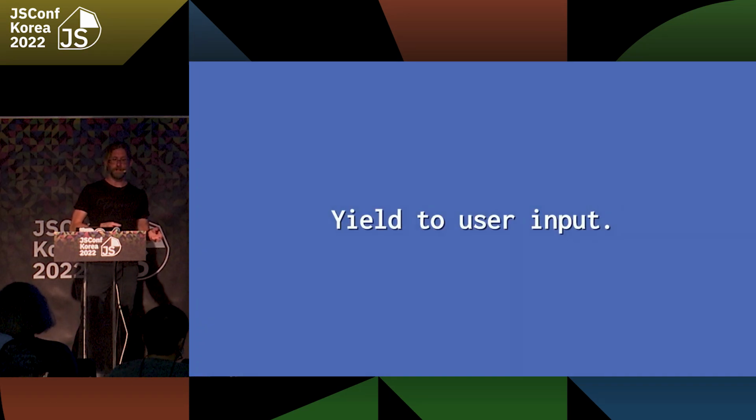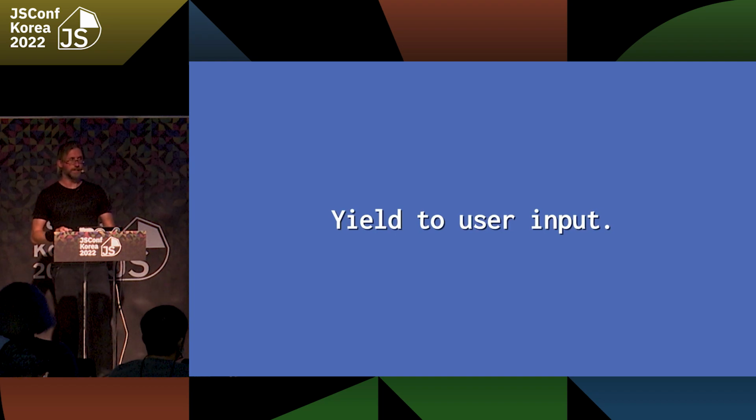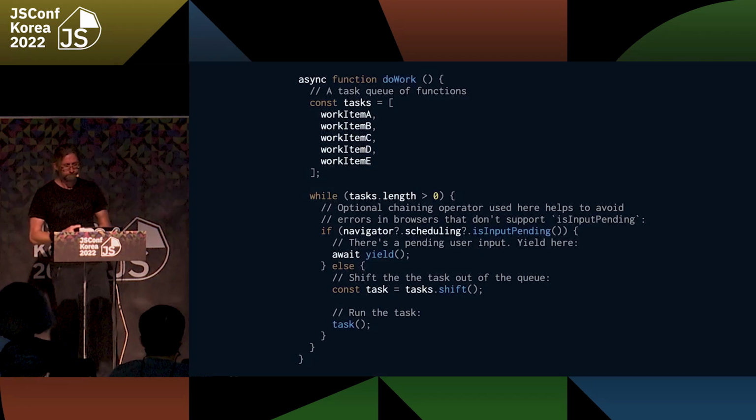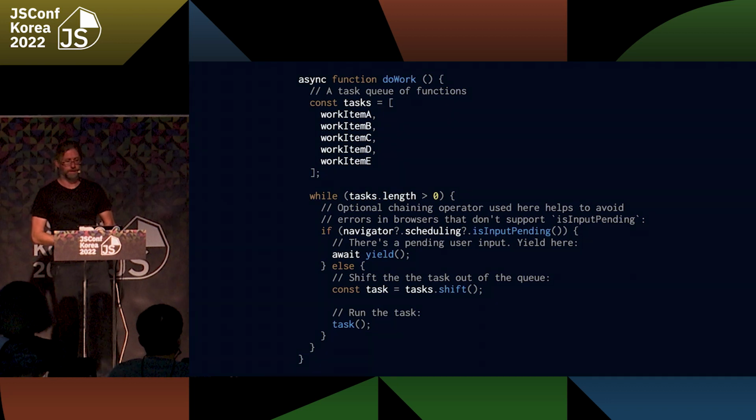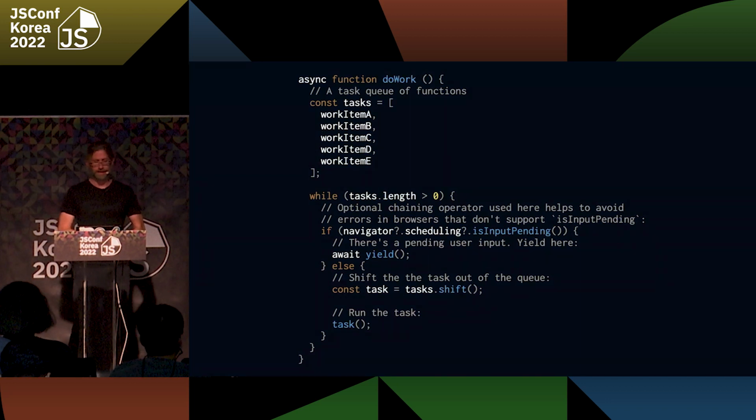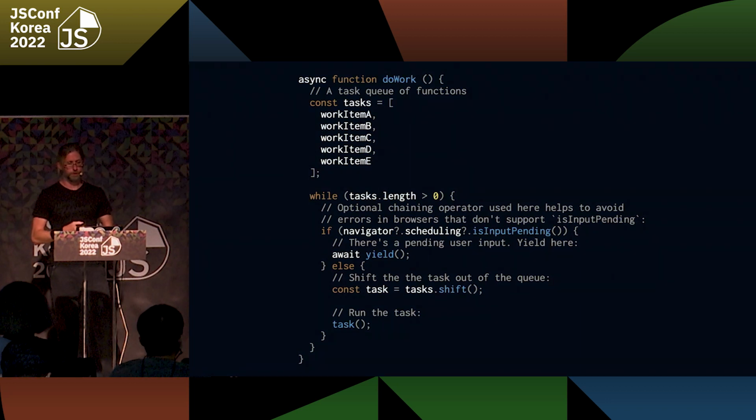Another way of prioritizing user-facing work is to explicitly yield to user interactions with the isInputPending method. isInputPending is available in navigator.scheduling.isInputPending, and it returns a Boolean if the user has interacted with an element on the page at the time that it is called. In this code, you can see how the doWork function adds separate functions to an array